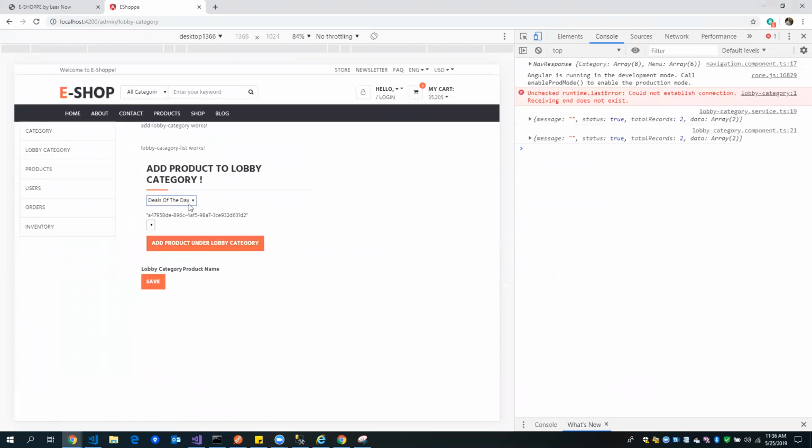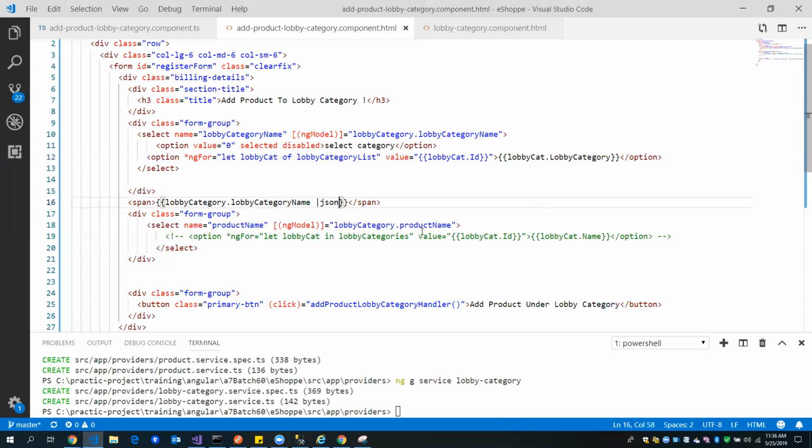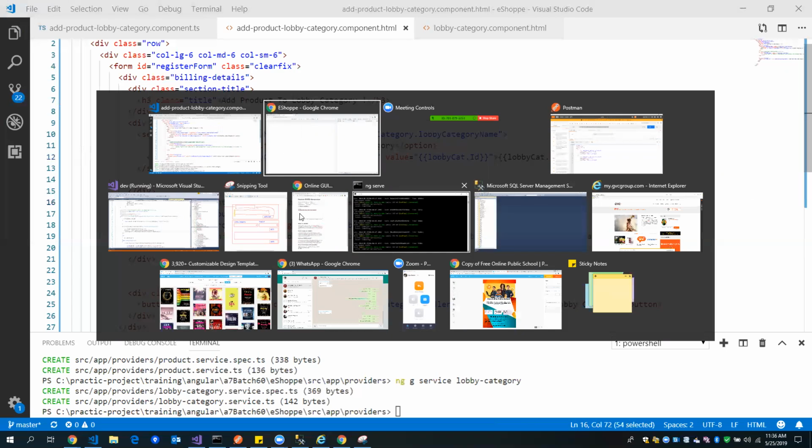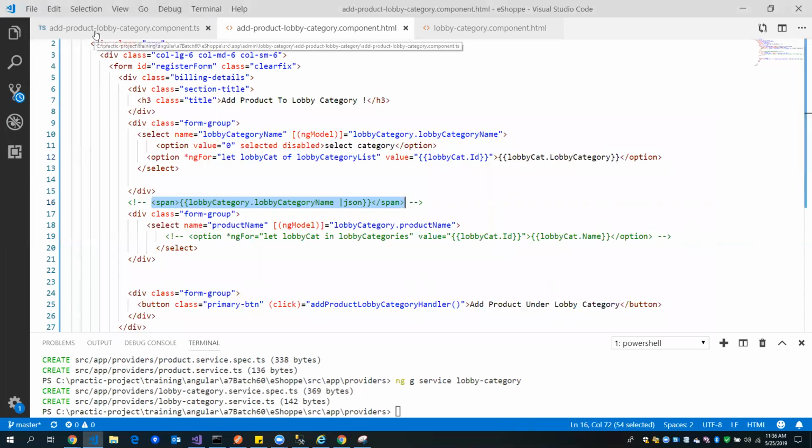Yeah. So when I select deals of the day, you can see the deals of the day ID is this. If I change to hot deals, see the ID got changed, hot deal ID. So which means I'm doing right. So I can comment this line. Now the important thing is how to populate the product. So for that, what we have to do is we'll go back to our